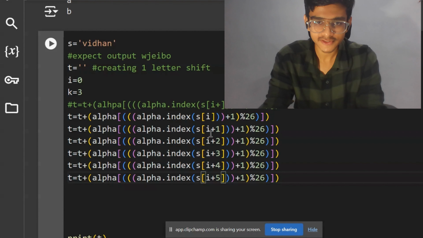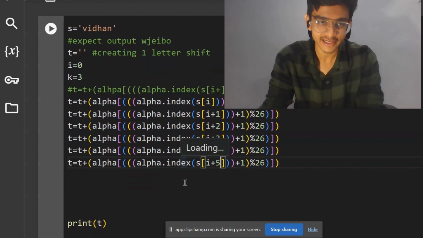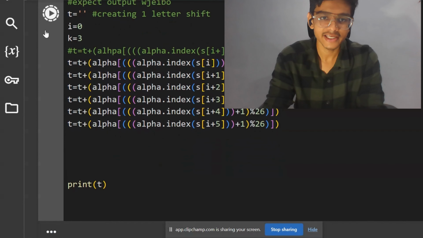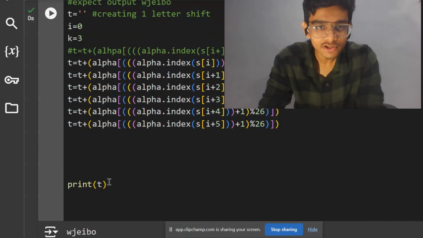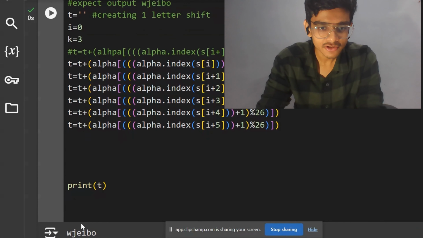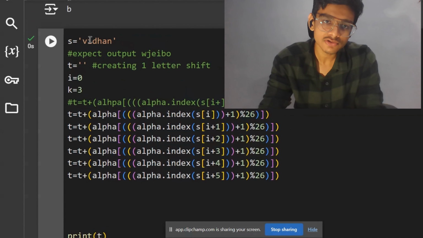अगर मुझे वन लेटर शिफ्ट की जगह, प्लस वन किया है ना मैंने इधर, अगर मुझे दो या तीन लेटर शिफ्ट करना रहा तो? अरे भाई पहले इसका आउटपुट तो देख ले, वन लेटर शिफ्ट के बाद क्या आता है। एक्सपेक्टेड या कुछ वजीबो है। ओह माय गॉड, ये तो एग्जैक्टली सेम है यार, ये तो मैजिक हो गया। अब तुम यहाँ पे कुछ भी पुट करो, तुम्हारा नाम पुट करो, इंडिया का नाम पुट करो, तुम्हारे गर्लफ्रेंड का नाम पुट करो। हाँ, बट एक चीज का ध्यान रखना कि